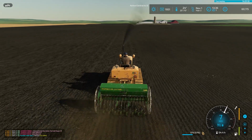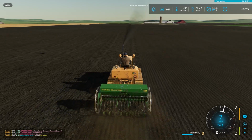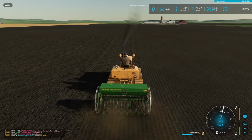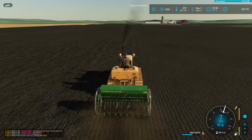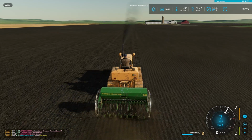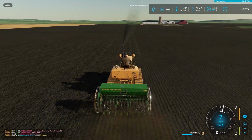So unfortunately it made me a tractor down, but it's no big problem really. As I say, I just put the farm all on it. And the other thing as well, in the gap where I didn't record for a little bit, just because I got the memory message up again,